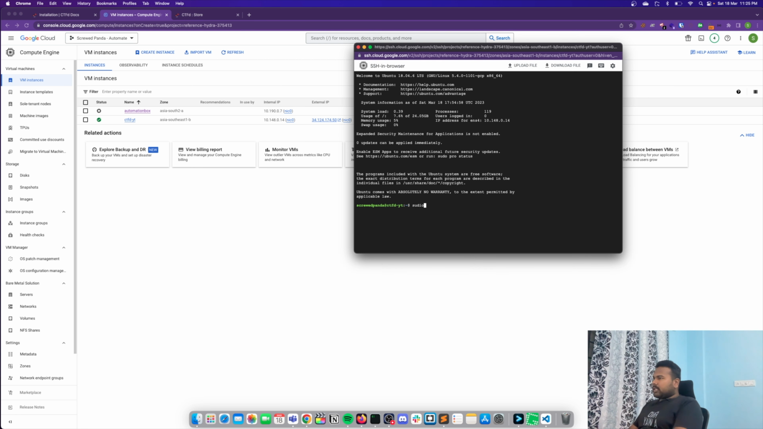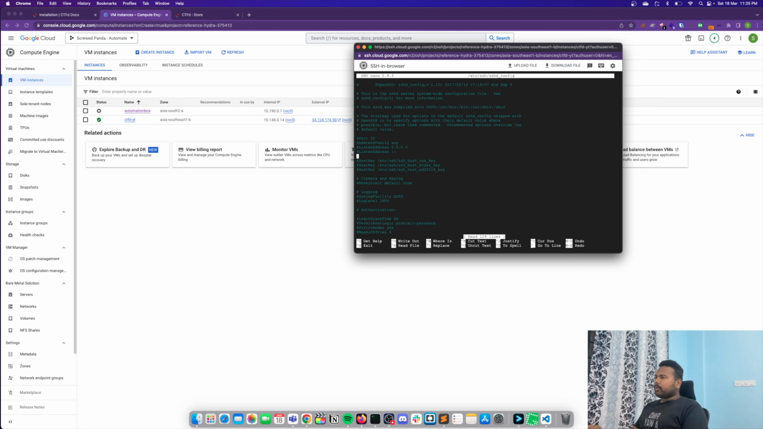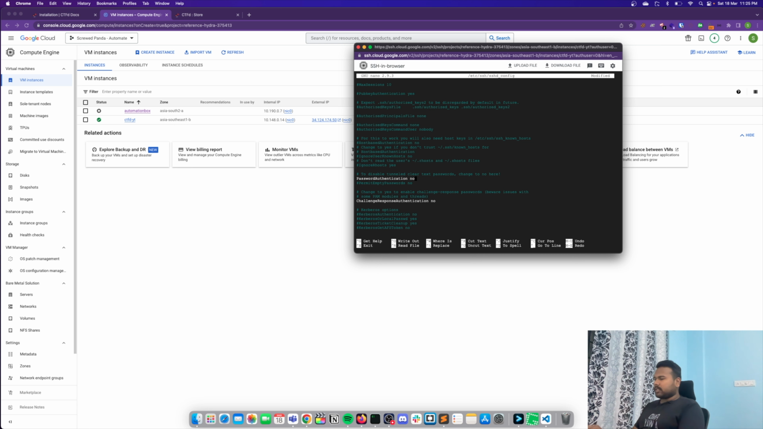Okay, so I'll just write sudo su and go to /etc/ssh/sshd_config, and here I have to change this option to yes. One more thing I need to change is PasswordAuthentication to yes. Okay, so once this is done,